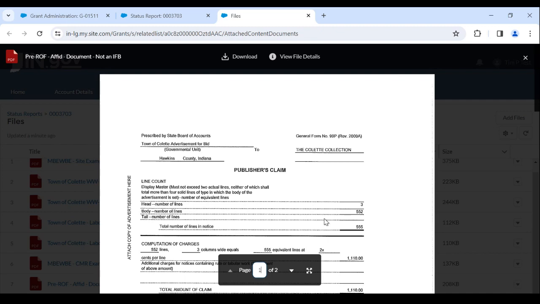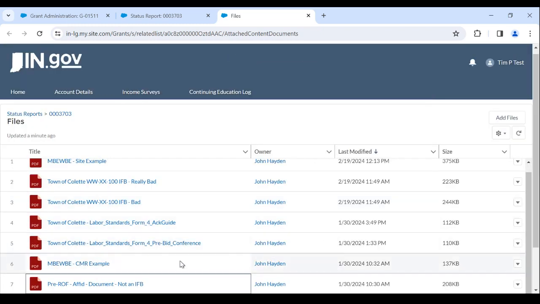The next document that we're going to be looking at is the advertisement itself. So that was the IFB. So we're